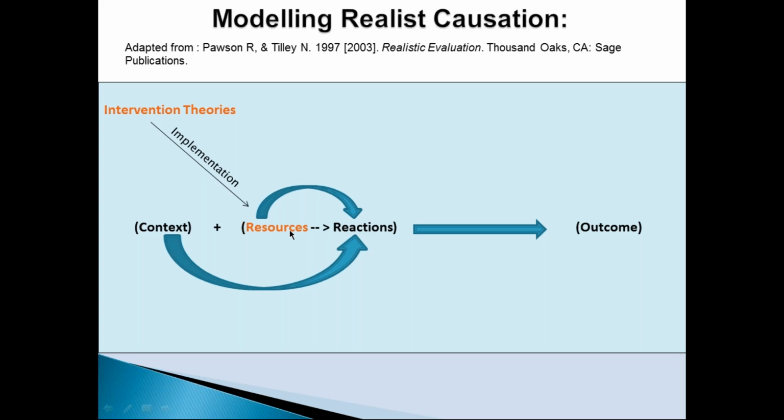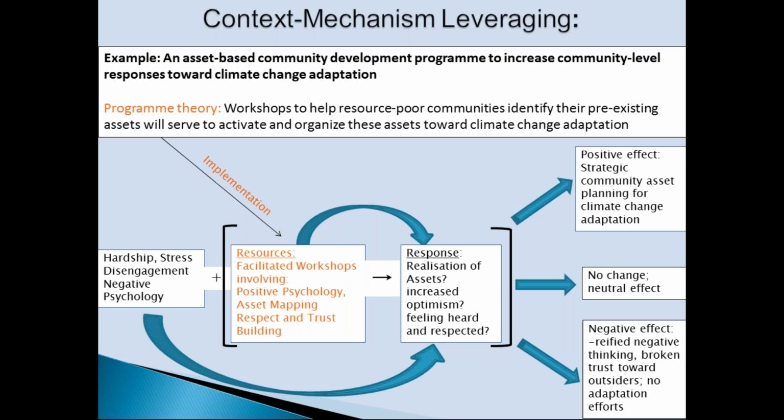So people will react to resources, but they will also react based on context. So in a sense, the reaction has two influences on it: the influence from the resource and the influence from the context. And that's really what I want to talk about, this interaction between the mechanism, resource, and the context, and what impact that has on people, how they feel, leading to outcomes. So I've taken that simple model and I've made it a bit more complex by working out an example here.